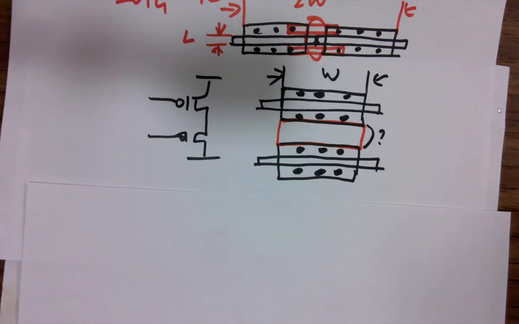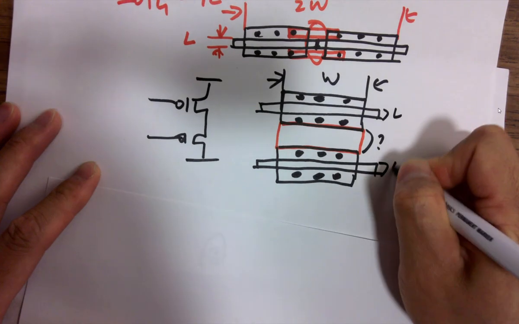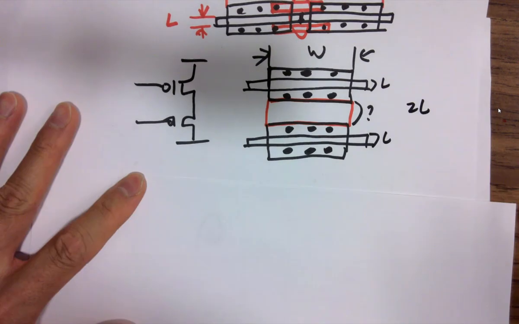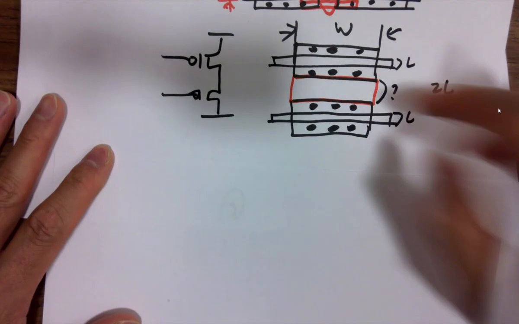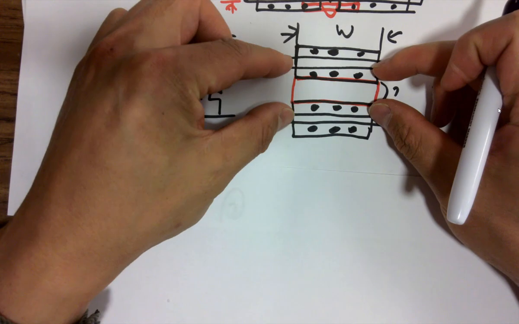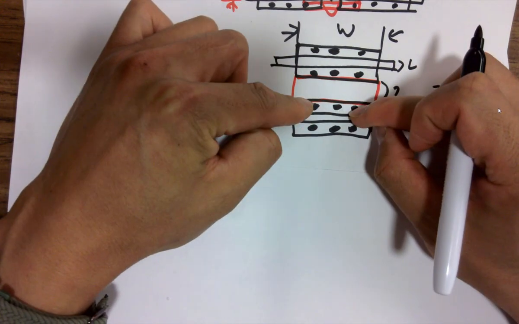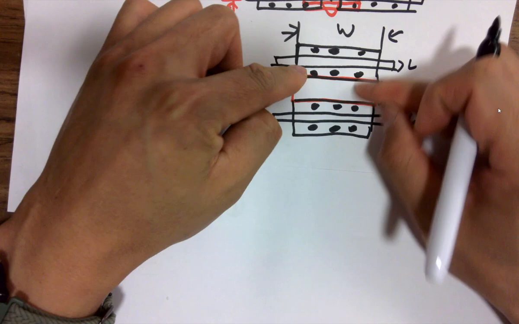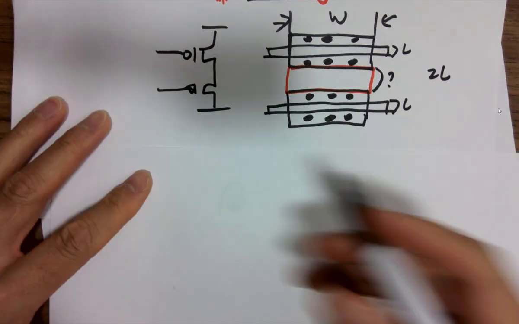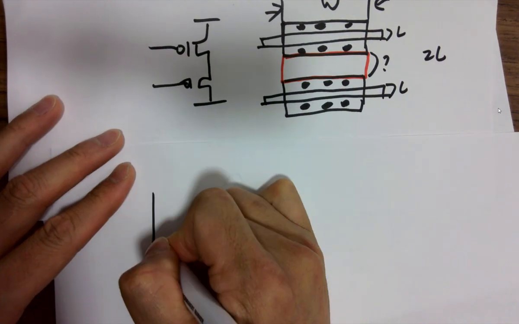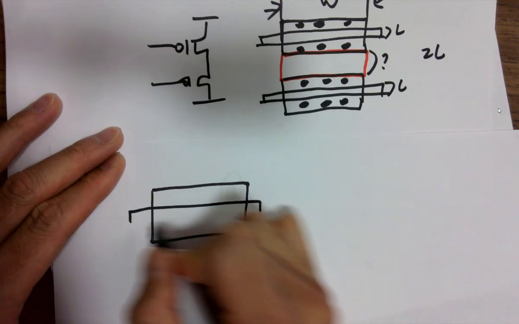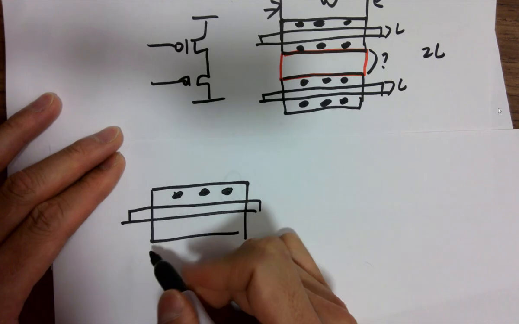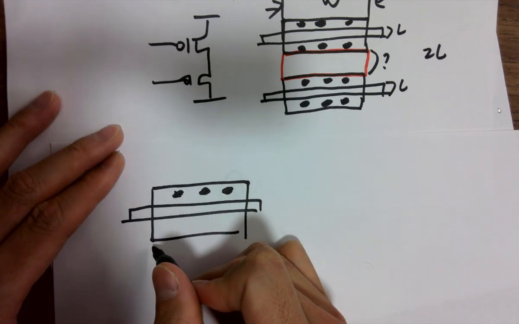If it's just one piece, can we simplify it? Anyway, here's one L, another L, so the effective L becomes 2L, right? No doubt on that. But can we simplify this layout? It's just one node. Why do we need two metal one vias? Can we simplify into one? Yes. What about this? Just have them share the same. Yeah, share the same. Exactly. Do this. And since it's sharing the same,